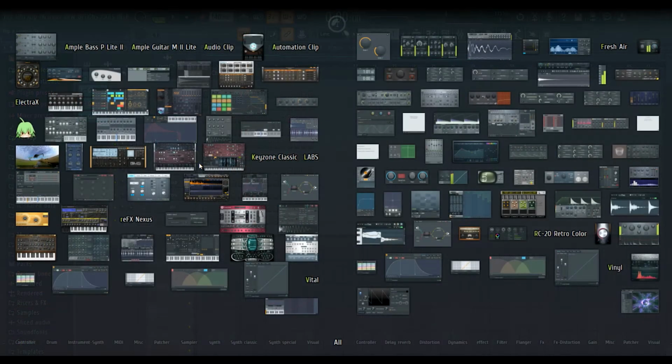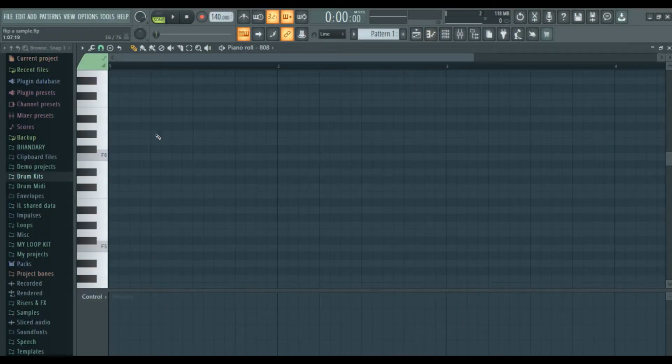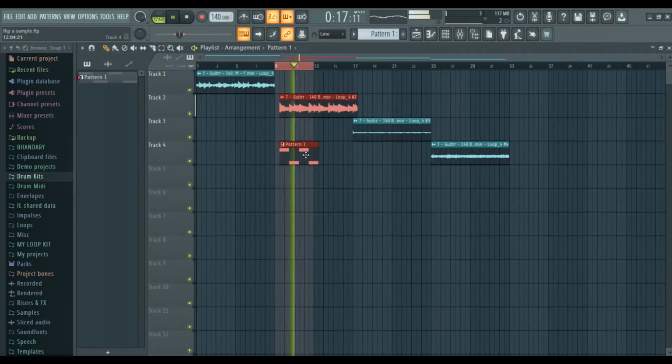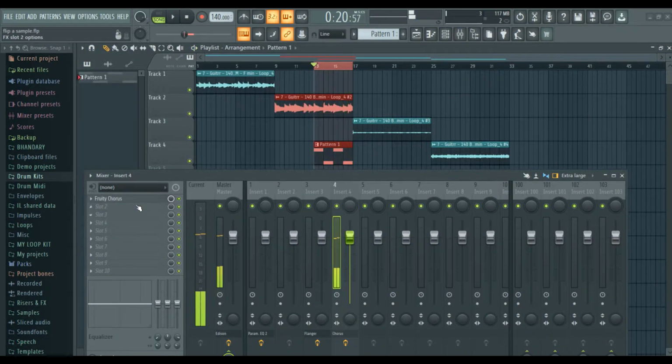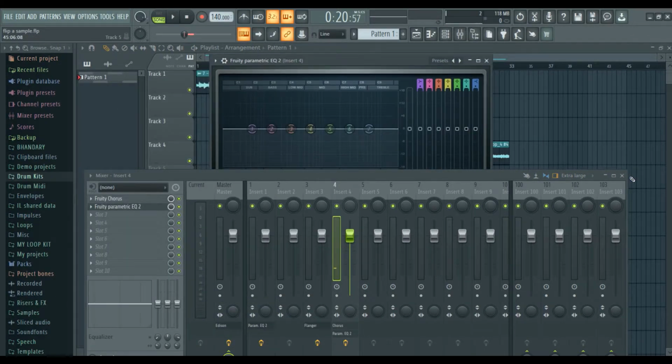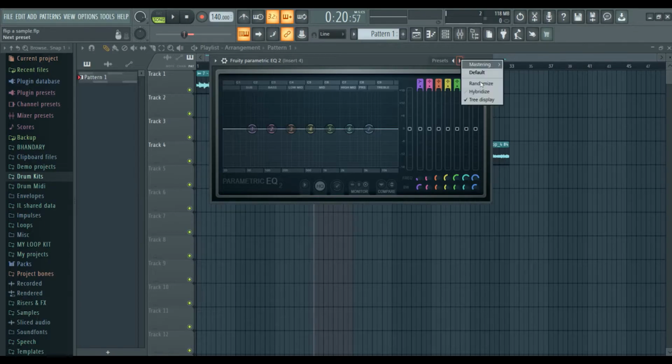So let's start with the 808. I think what we can do for the chords is EQ the low end a bit.